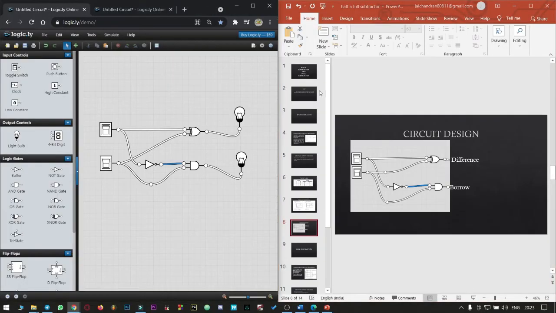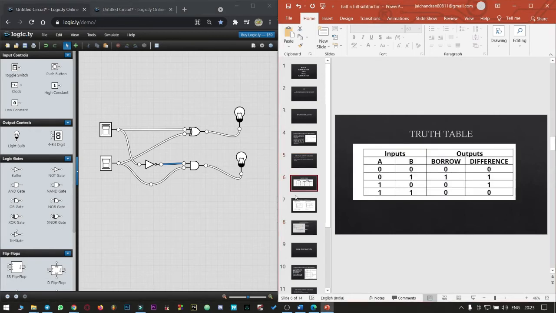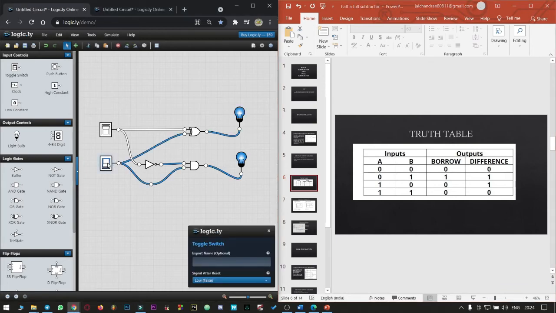So this is the simulation for a half subtractor. So here we have the truth table. Now let's verify. So when both the inputs are 0, we observe that both borrow and difference are 0, and here I have added 2 bulbs to represent the state of the output. So when A is 0 and B is 1, we observe that both borrow and difference are 1,